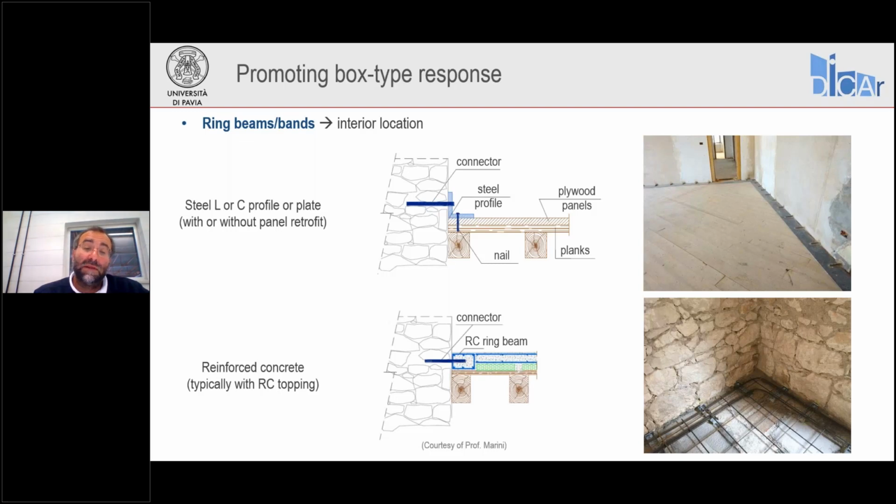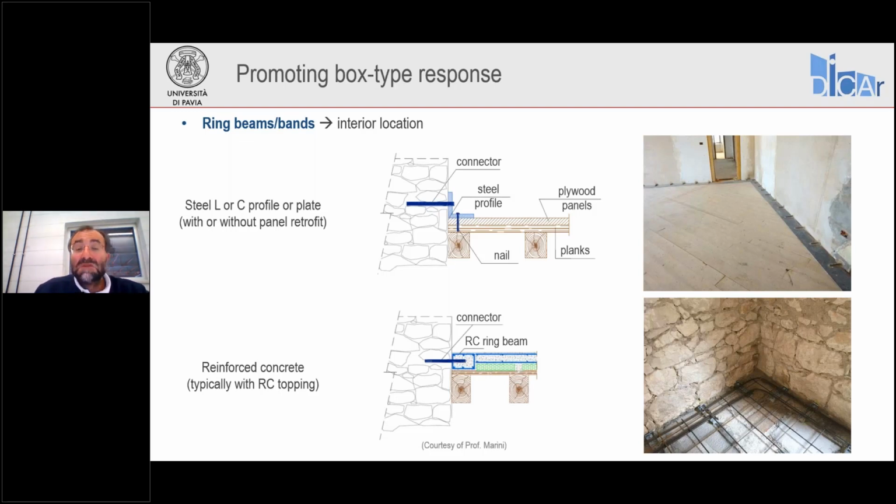And again, the ring beam, properly reinforced, will serve to resist tension forces for chord and collector action, and will also serve to basically anchor the connectors that are also embedded in the walls. And then the diaphragm strengthening system must be properly connected to the existing flooring system, as we will see in a while when talking about